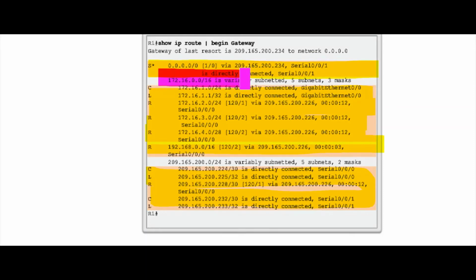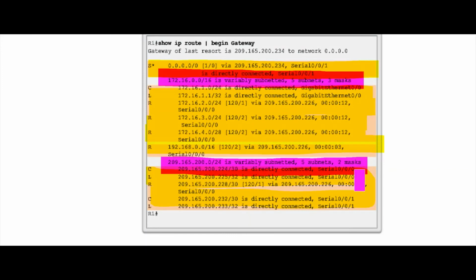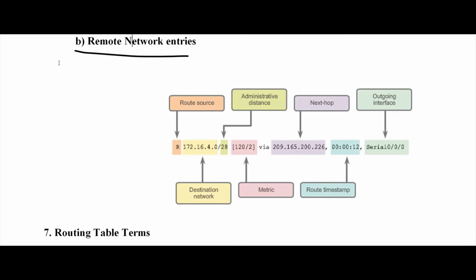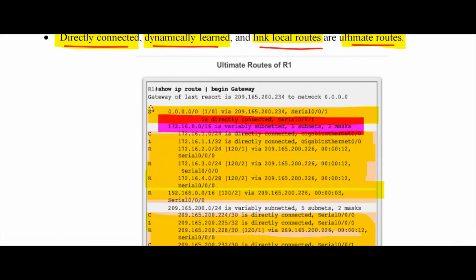This is the point. There is something missing. What is this? You will see it in the next type. It will be something of a different type. You can see the word subnets. Subnets available. So what is that subnets and all? We can see it in the next one. You will understand this.